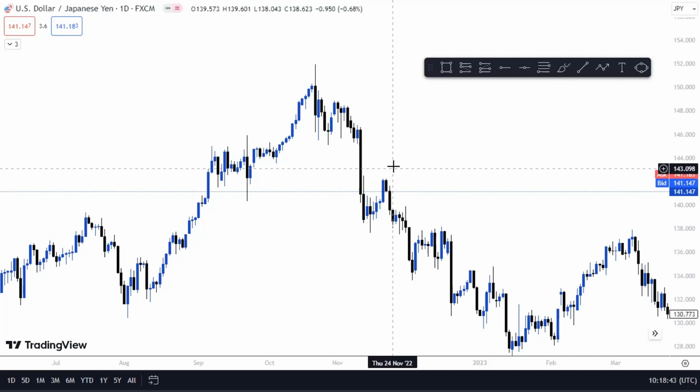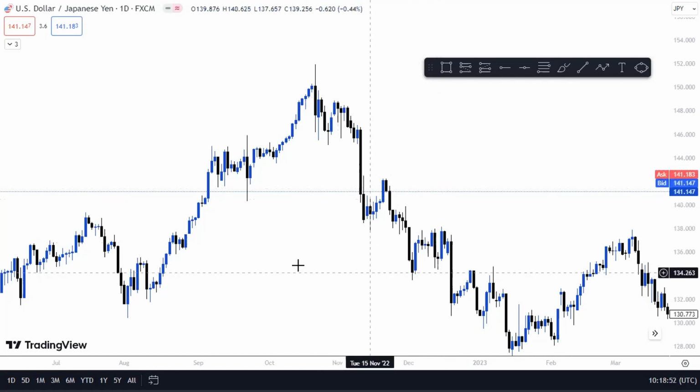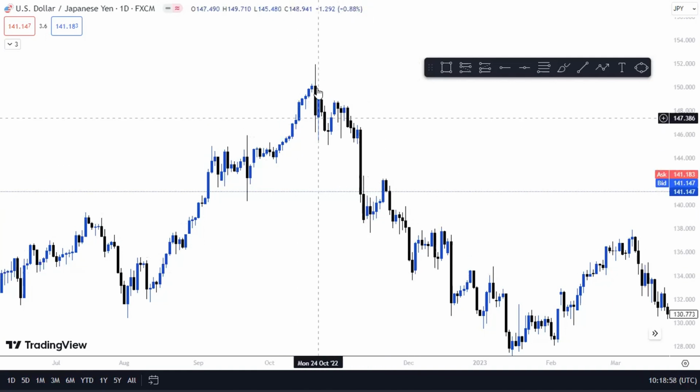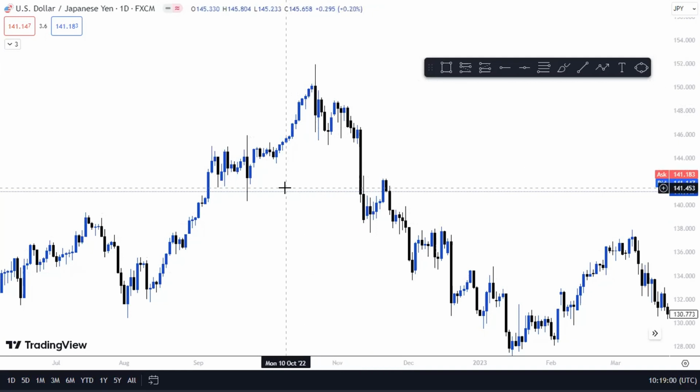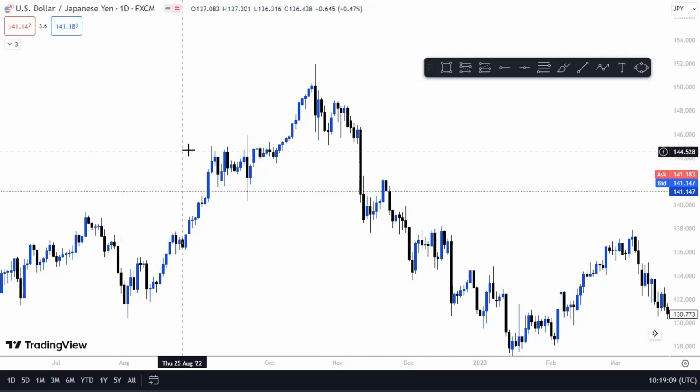So without any further ado, let's get straight to the main topic of the day. Looking at this market right now, in today's video, we are just going to mark the high and the low of the market. So we are looking at USD JPY, that is US dollar versus Japanese yen, and we are on the daily